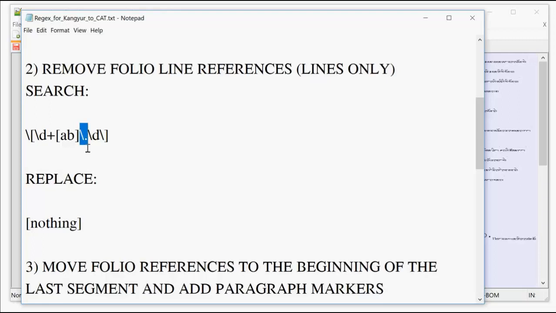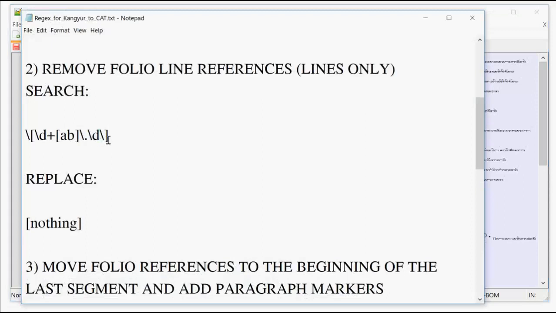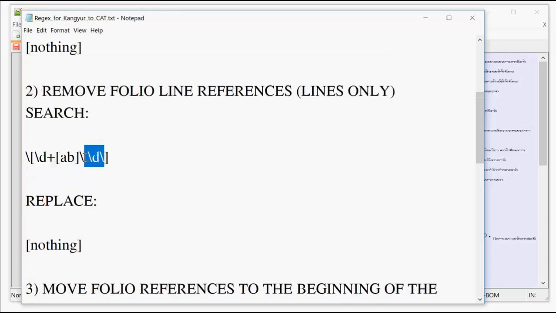Backslash period is to find a period, because the period by itself is a special code, so this finds an actual period. Backslash d finds another number. As you recall, all the line references have a period and then 1, 2, 3, 4, 5, 6, or 7 for the line number. So that will find the line number, and then here's the closing bracket. This will find just the line references, but it won't select the page references because it has this extra decimal here. So we'll do copy,